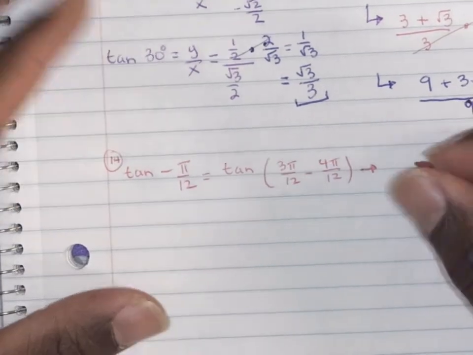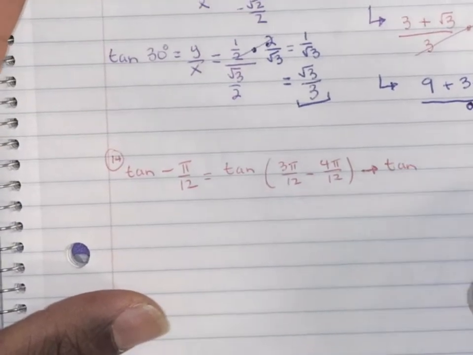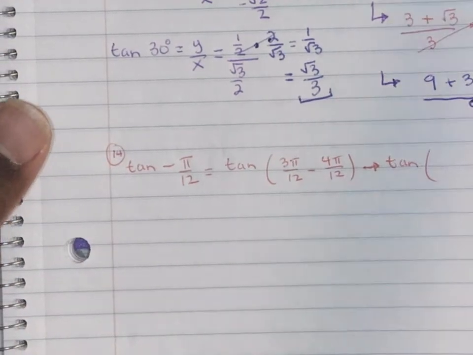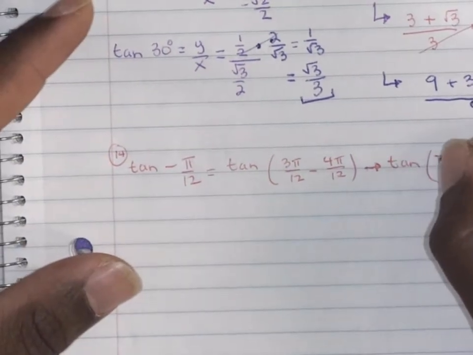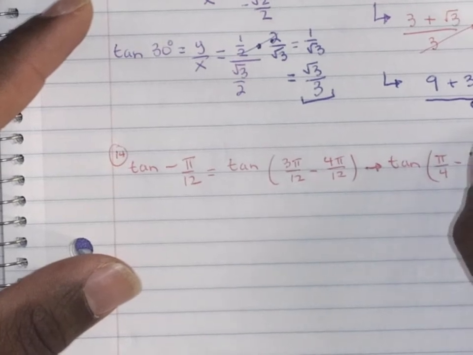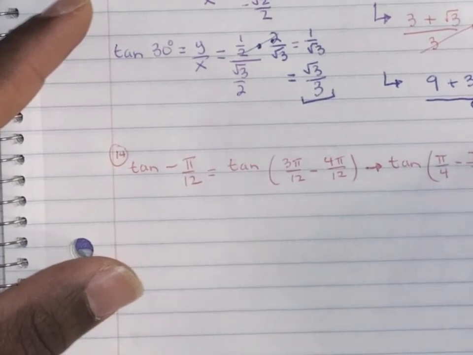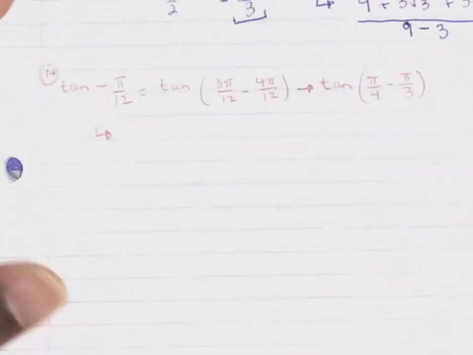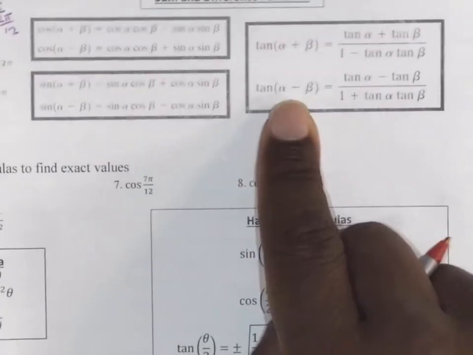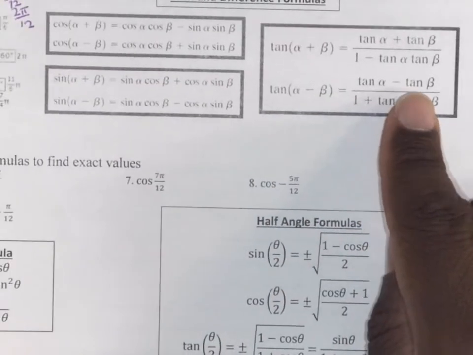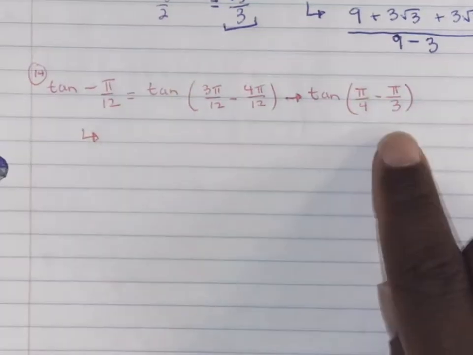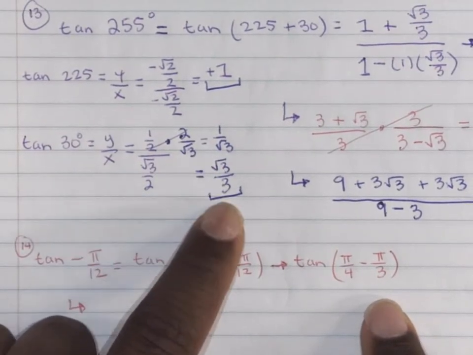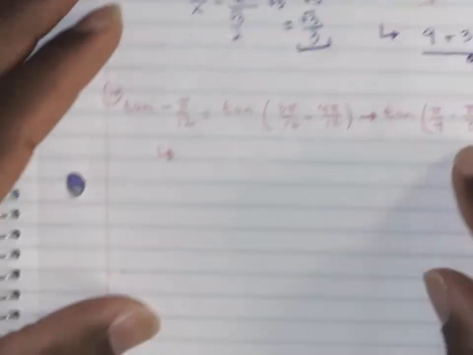Then I'll reduce these to what they really are, which will be tangent of pi over 4 minus pi over 3. So we're doing the difference formula for tangent. So I'll do tangent of A minus tangent of B. And last time we did tangent of a 30, and we got root 3 over 3. If we do tangent of a 60,